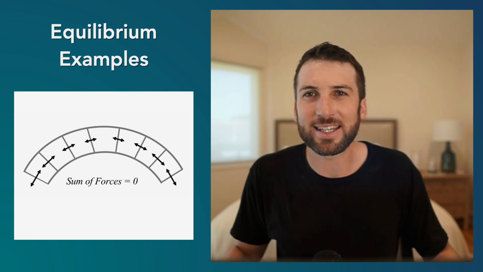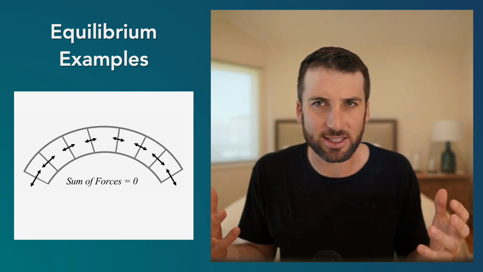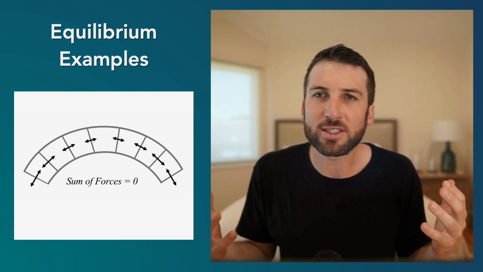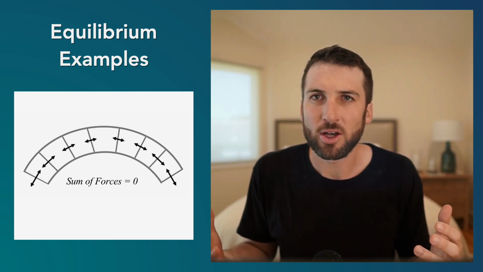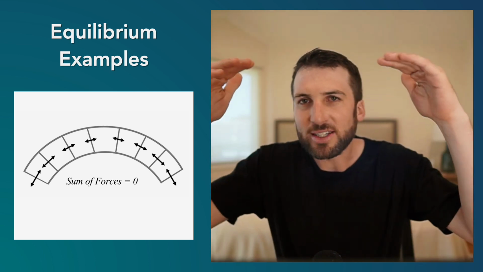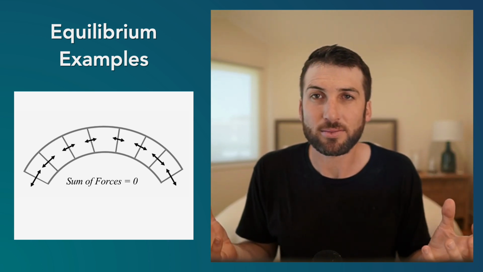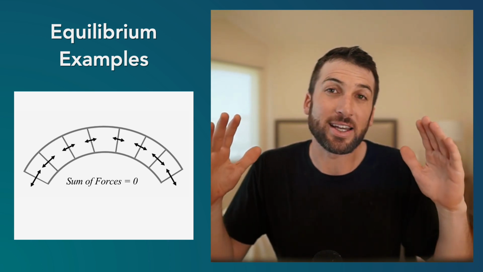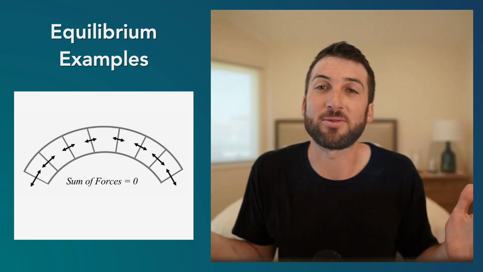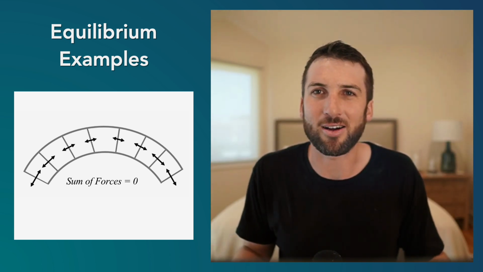One of the classic examples of something in equilibrium is that when something is structurally stable, it means the sum of the forces equals 0. So that there's not some type of force that will move it down, like the force of gravity or something. Everything is being balanced. And so this means that there's no acceleration, right? It's not changing.